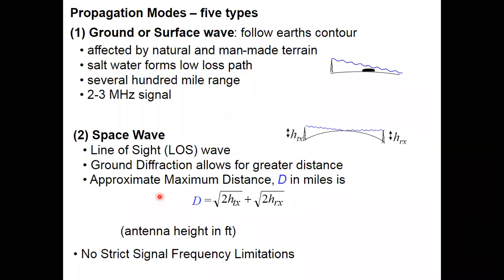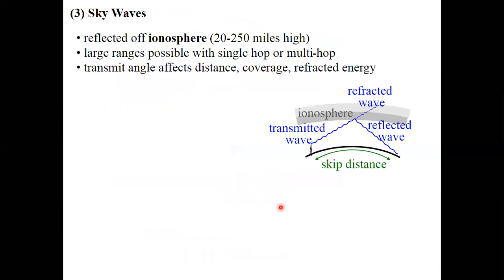Whatever I discussed, I simply conclude here: in ground or surface wave propagation, the frequency of the signal is up to 2 to 3 megahertz, from 1 hertz to 2 to 3 megahertz. Now for space wave communication, we have already seen this formula: D is equal to the square root of 2h_tx plus 2h_rx, where h_tx is the height of the transmitter antenna and h_rx is the height of the receiving antenna. During problems we will calculate some distance by using this formula.